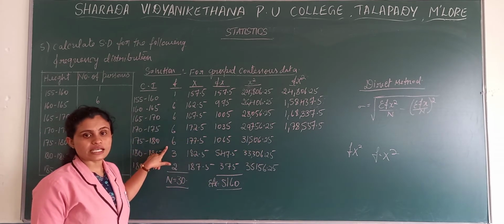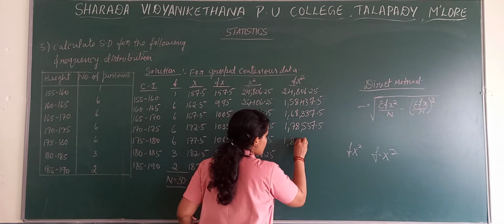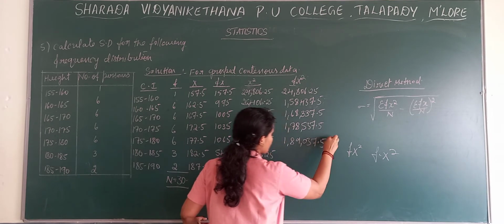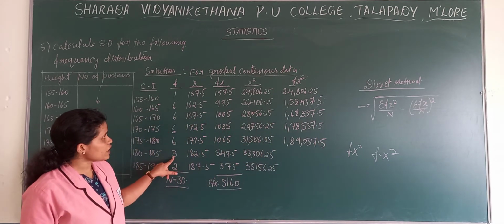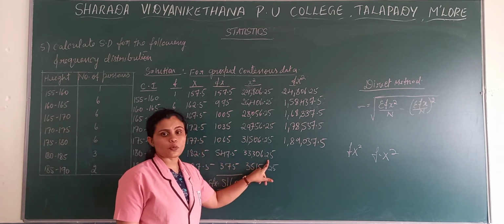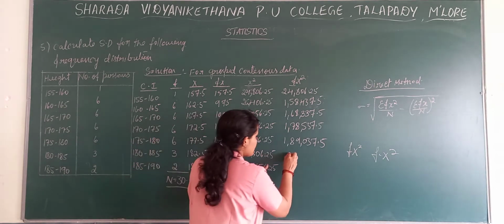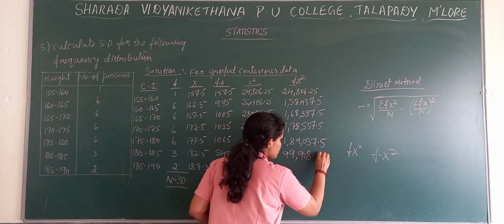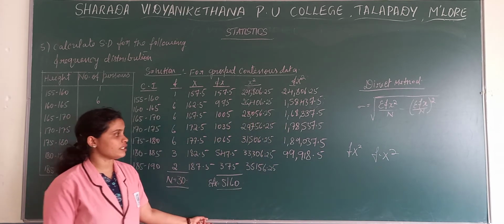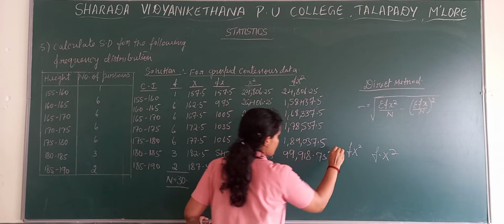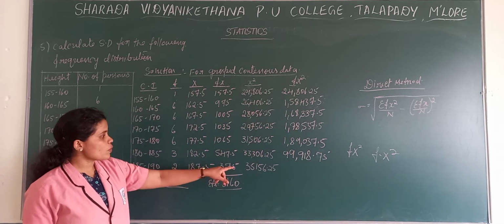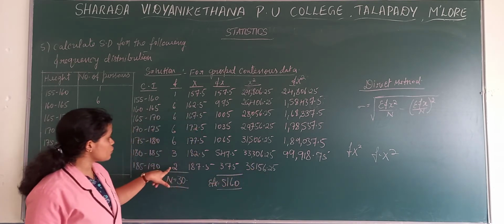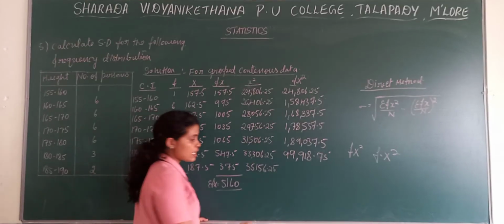31,506.25 into 6. So there you get 1,89,037.5. Then next one, 3 into 33,306.5. There you get 99,918.75. Then next one, the last one, that is 35,156.25 into 2. There you get